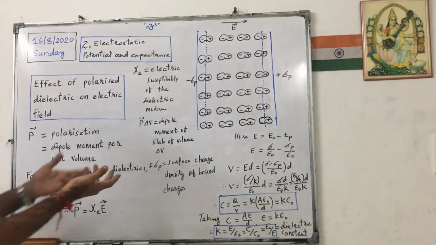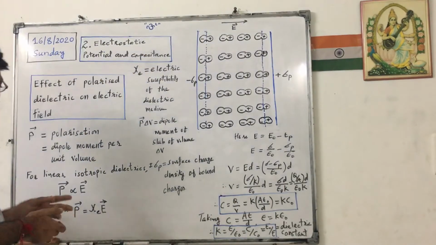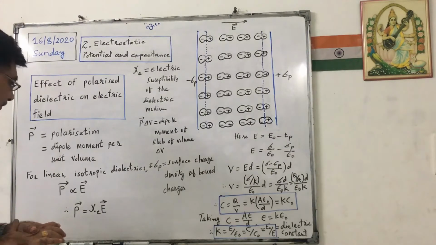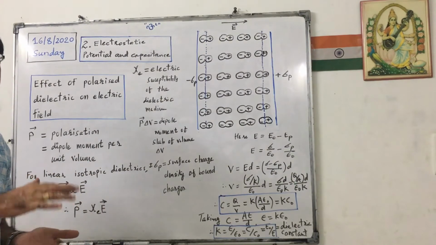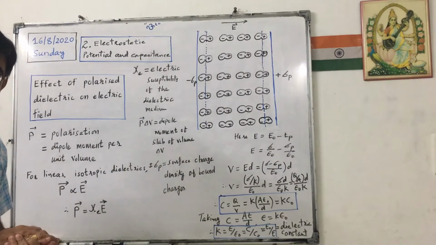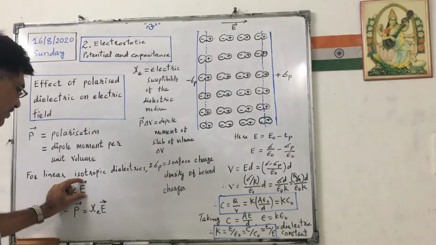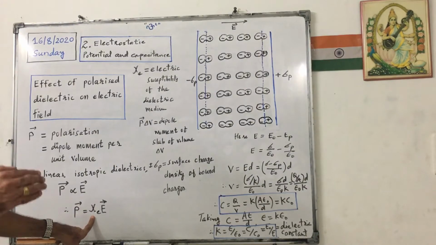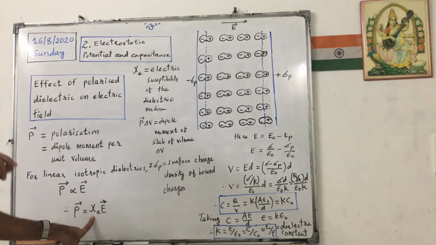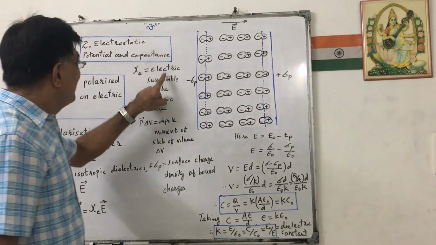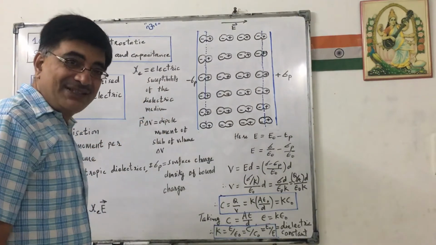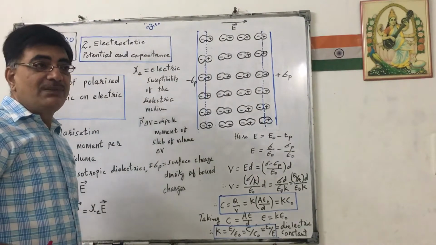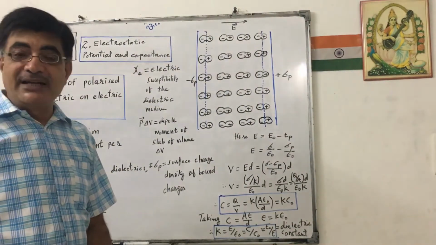And we know that it will be parallel to the external field, as we discussed yesterday, that for linear isotropic dielectrics it will be like that. So that is actually the definition of linear isotropic dielectric. So vector P is parallel to vector E. If I put here a proportionality constant, it is a property of that dielectric material called susceptibility, the electric susceptibility of the dielectric medium, chi E. We have to mention E here because a similar type of susceptibility will be there in magnetic field.